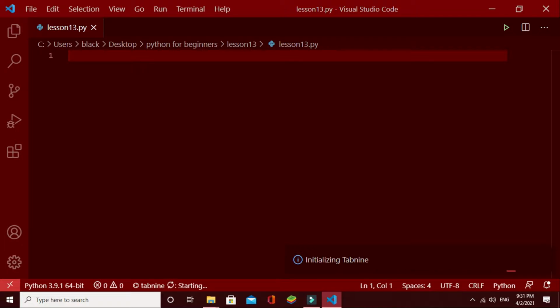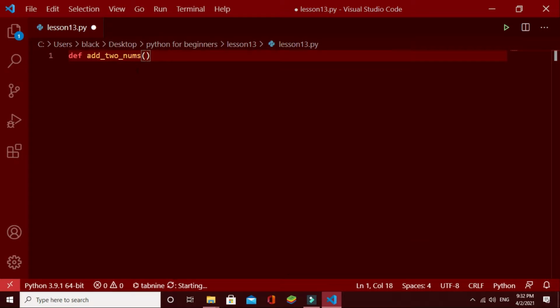First of all, we have to define the function. To define the function, we want a name for the function. Now let's define a function called add two nums. To do that, we type def, then add two nums.